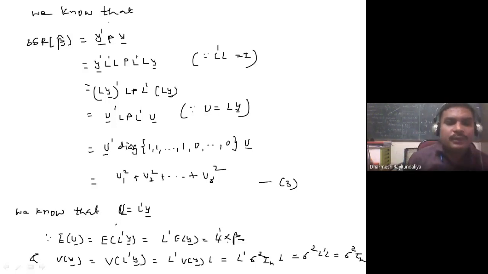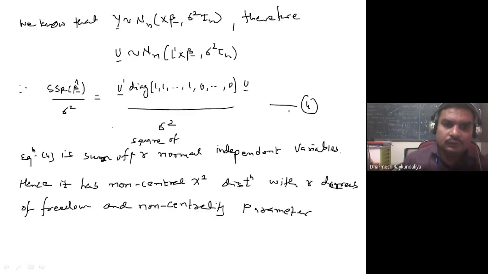There is a mistake of mine here. Ly is equal to u. This is not L dash y. Ly is equal to u. So that is how it is L x beta. And this is L, so this is L transpose. Now L transpose is equal to identity. Why? Because here we have written Ly is equal to u. So that was my small mistake. It is L x beta.